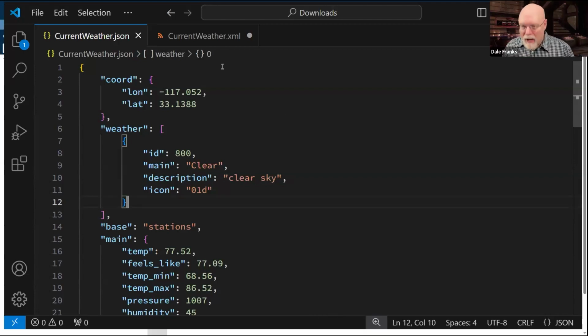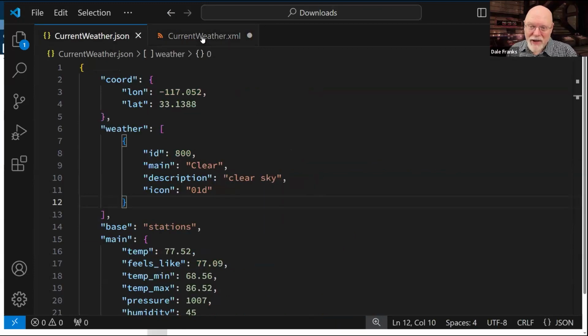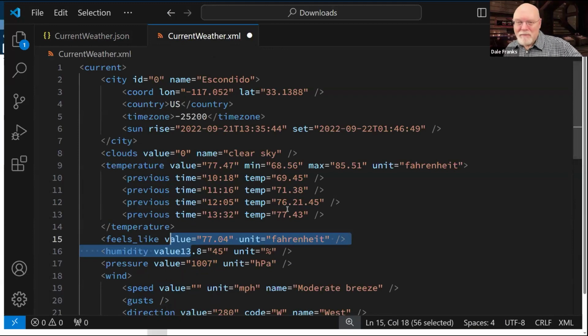Word to the wise. If you have an XML business value and you learn, hey, there's magically a JSON version and you would rather use JSON, or vice versa, you have a JSON thing and you would rather use XML. Okay, weird flex, but fine, use the XML if you want.